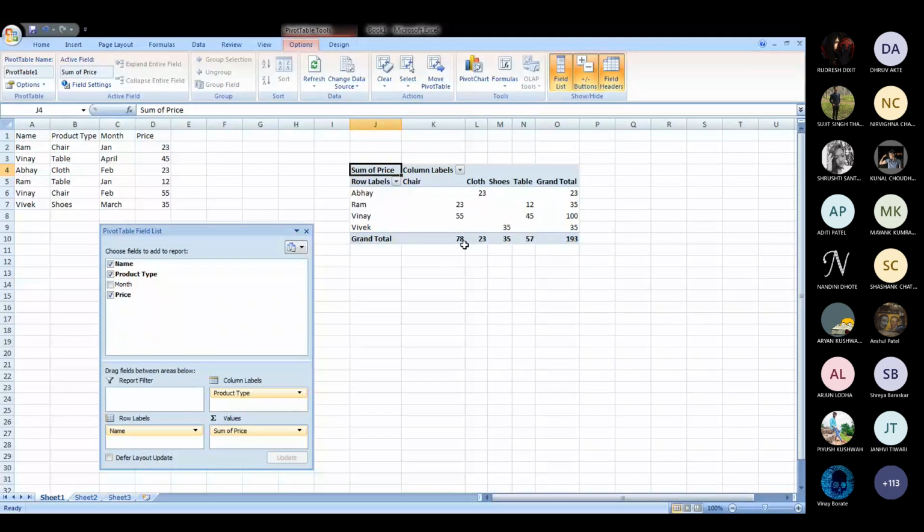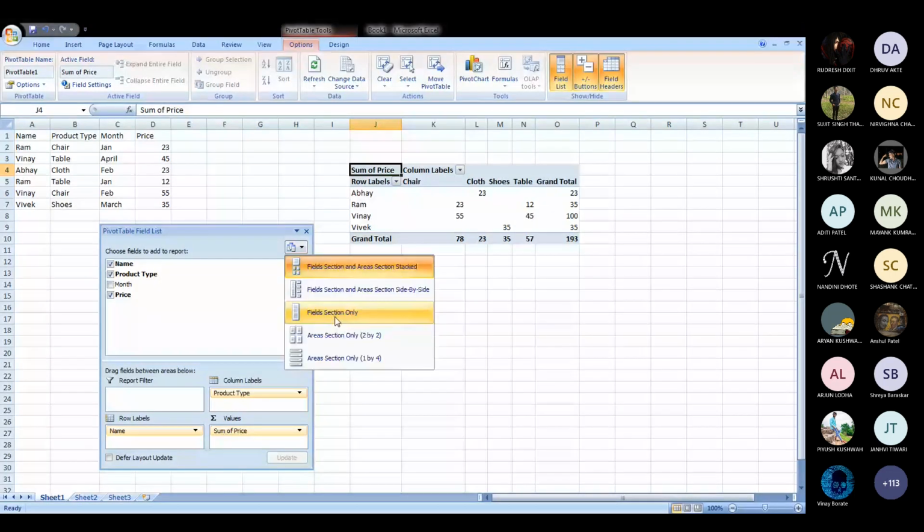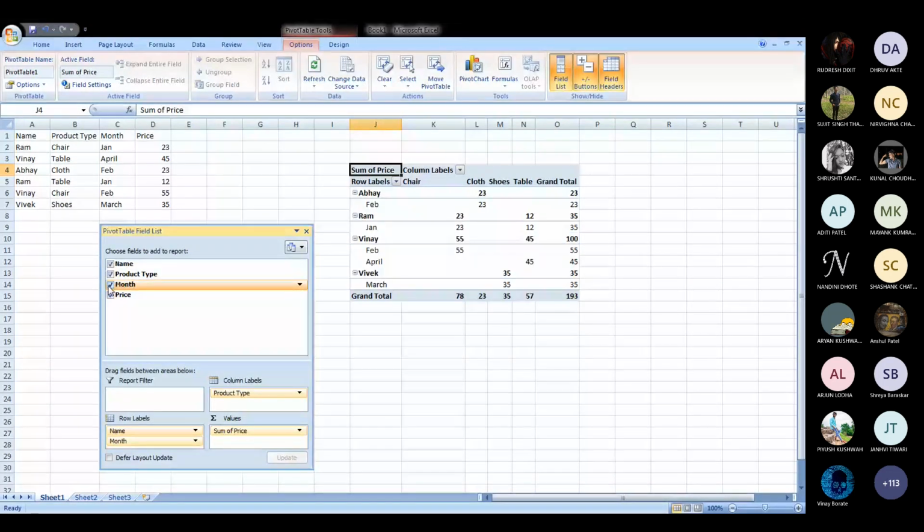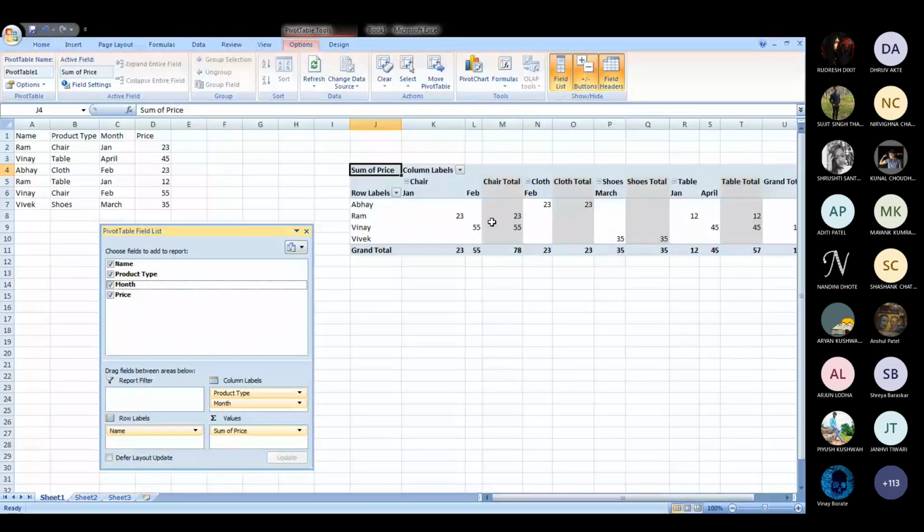So you can see there are different options. I can choose field selection only, area selection only, side by side. If I put the month, it will show Abhay February, and I can put the month maybe at column level. Then it will show me